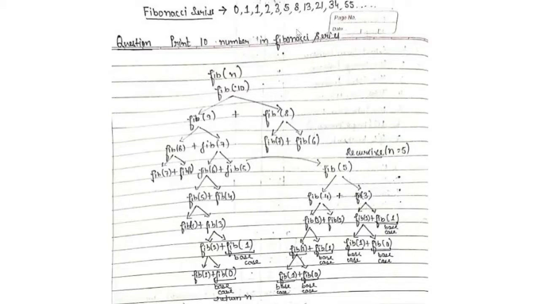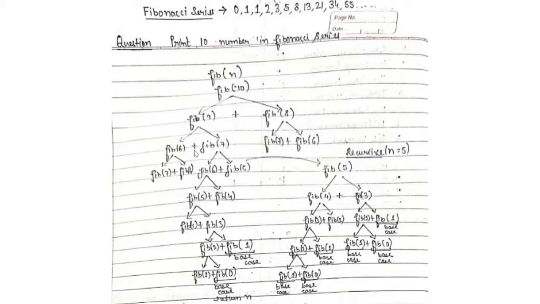In the same way, how do I find this 9th Fibonacci number? I find the 9th Fibonacci number by taking the sum of the 8th Fibonacci number and the 7th Fibonacci number. That's what I do over here: just tell me the value of the 8th Fibonacci and the value of the 7th Fibonacci. Again, we would be recursing, and recursion always goes depth first. So it will go for Fibonacci 9, Fibonacci 8, then Fibonacci 7, 6, 5, 4, 3, 2, 1.